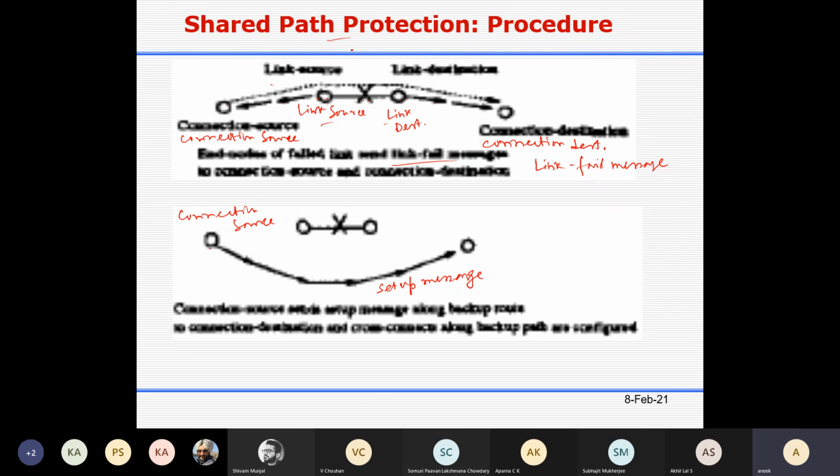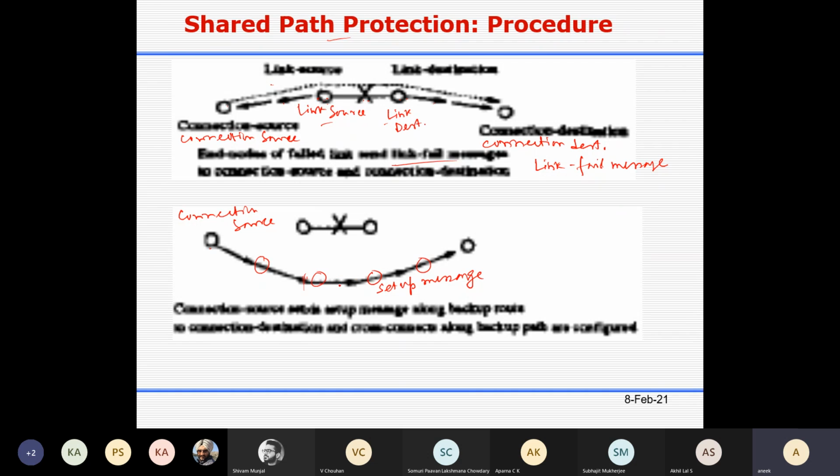But you have to understand it's a shared protection. Since it is shared protection, the backup route, or maybe part of it, not the entire route, maybe a segment from one intermediate node to another, passes through many intermediate nodes.